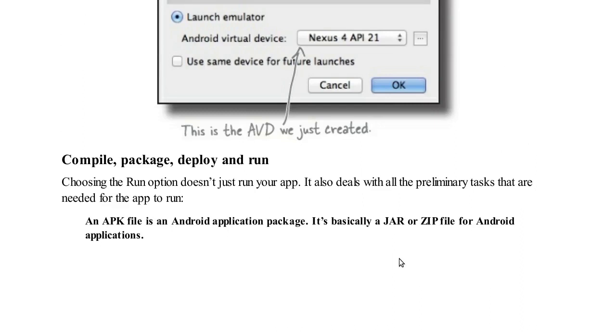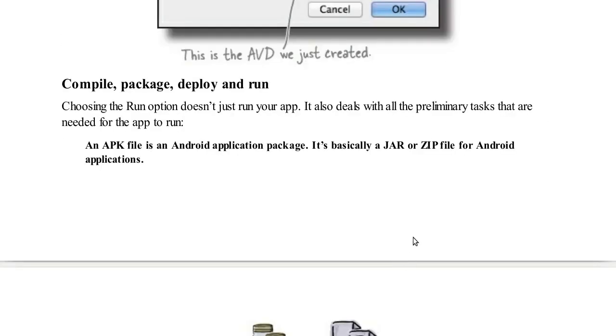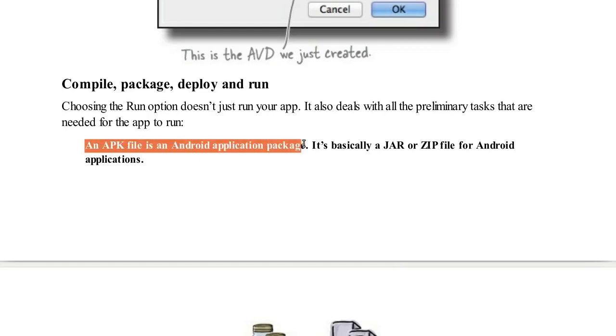If you have a mobile phone, then you can also directly build your application on your mobile phone. In that case, the APK file, that is basically the Android application package, would move directly to your mobile phone. So let's see what an APK file is. It is an Android application package. It's basically a jar file or a zip file for an Android application.